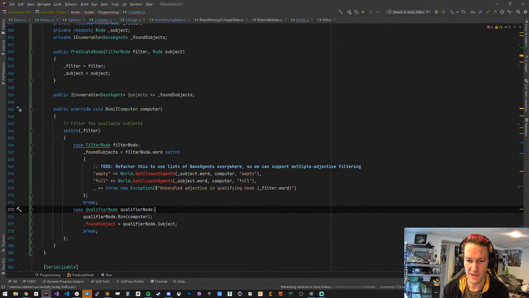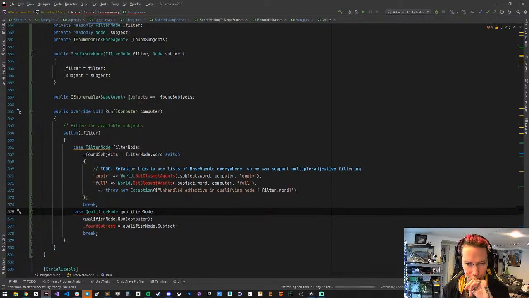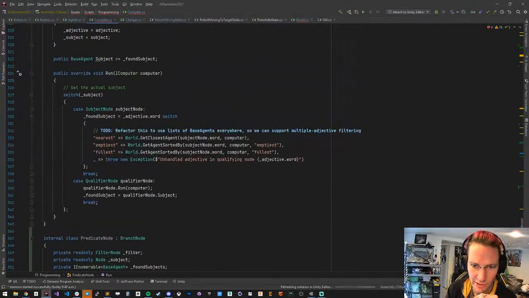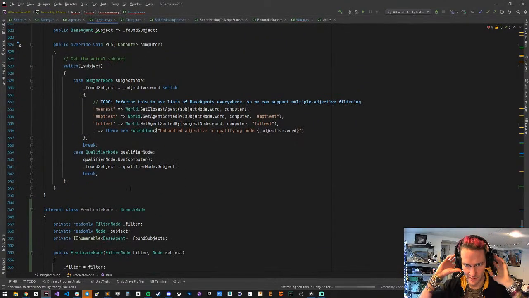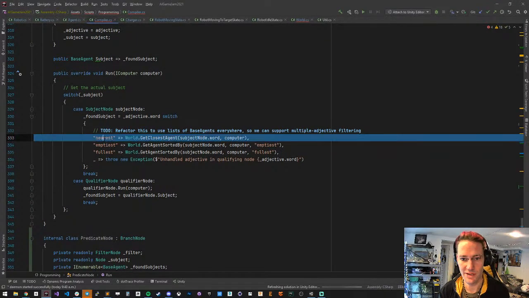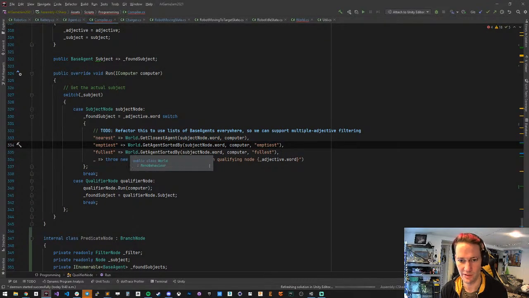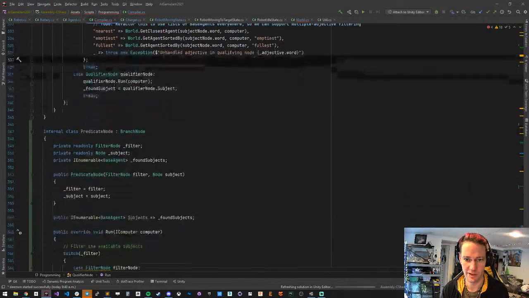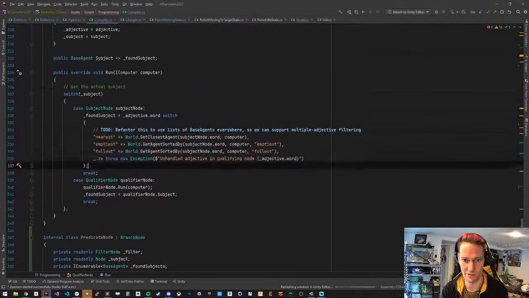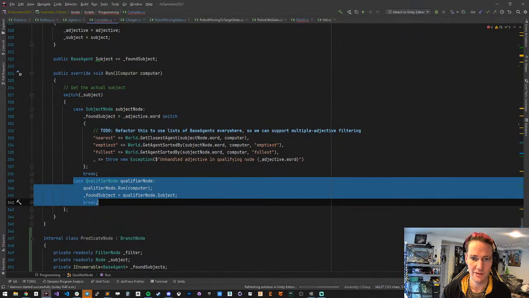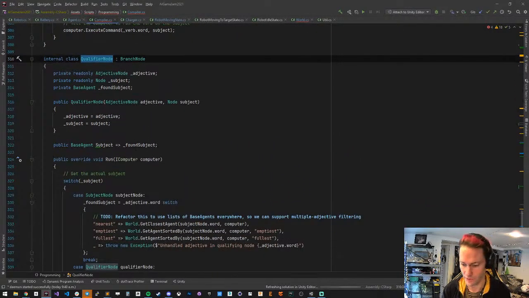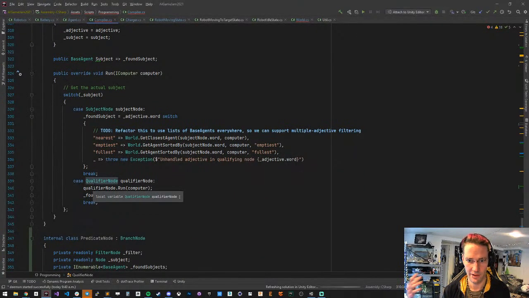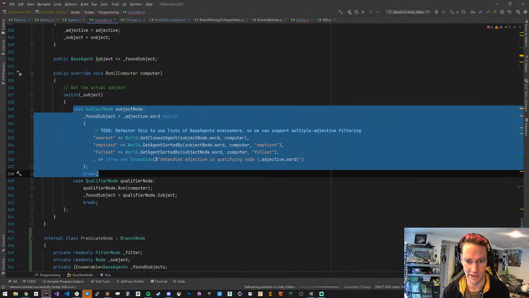So this is going to be basically saying something like go to... Oh, actually, it's the other way around, because the way the English language works, you're going to say something like go to nearest empty battery if you want to pick it up and charge it, not go to empty nearest battery. So really, this qualifier node, which I've considered something like adjective subject, instead of a subject it's likely to have